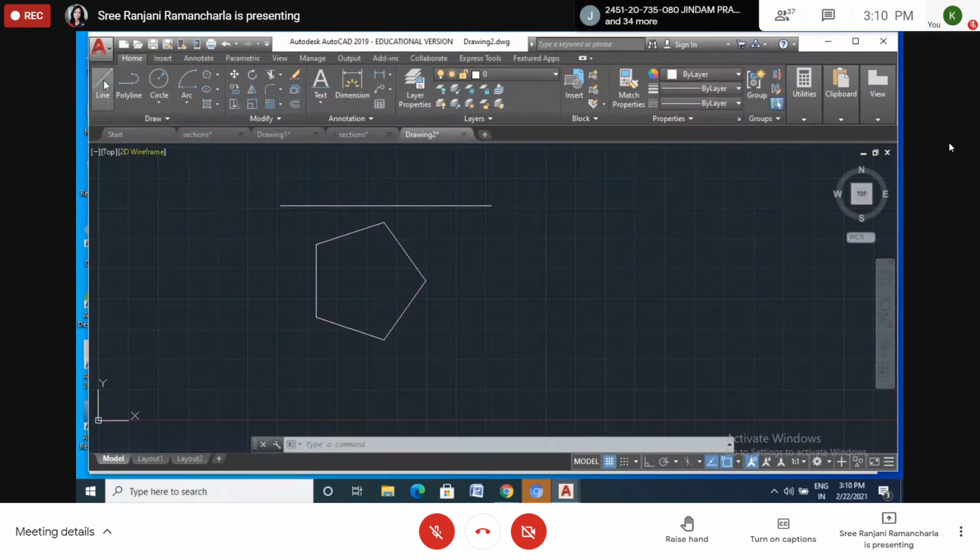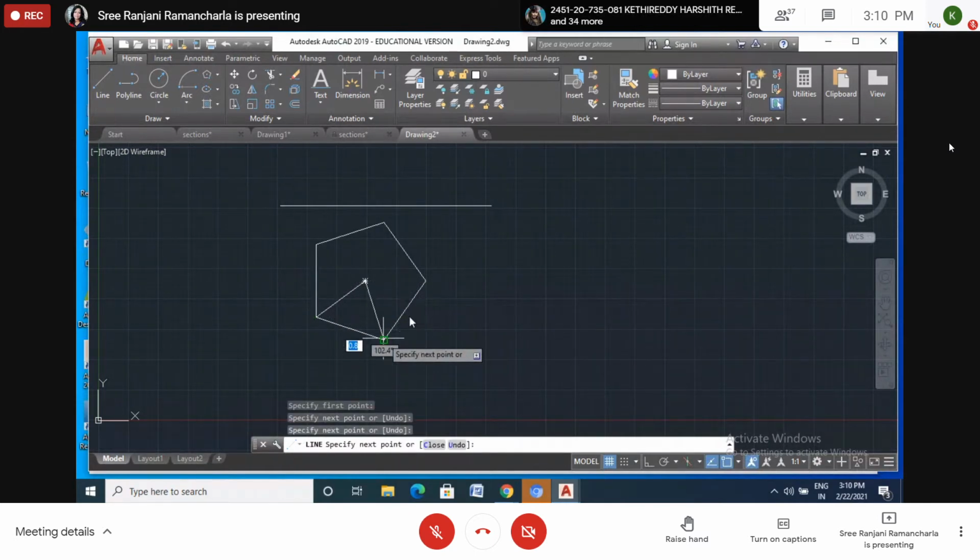So I can draw the edges very easily like this. From here to the edge. Again here. Again enter, so the command will be removed here. If you give another enter, you will get the recent command. Okay, so again enter. Then I got the recent command. I gave the line, so I got the line.